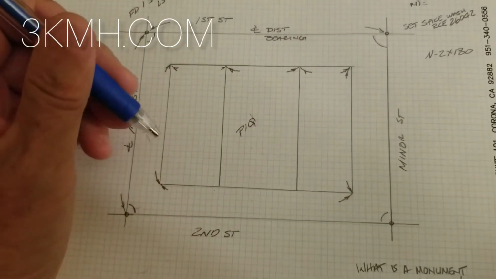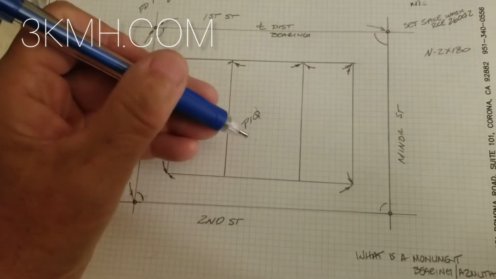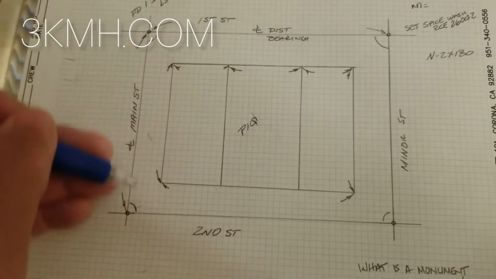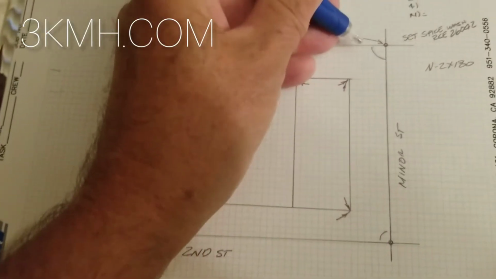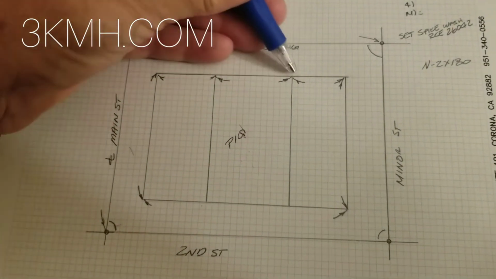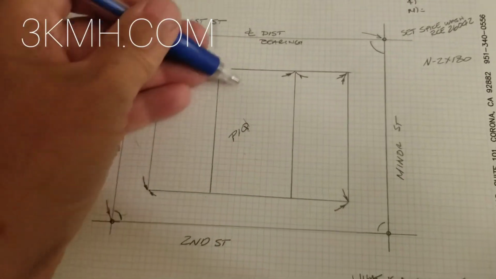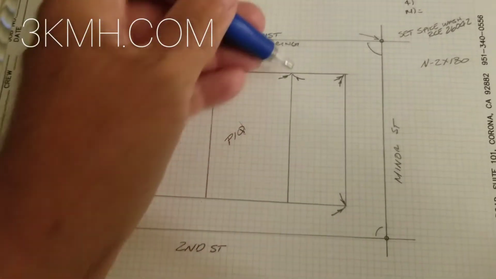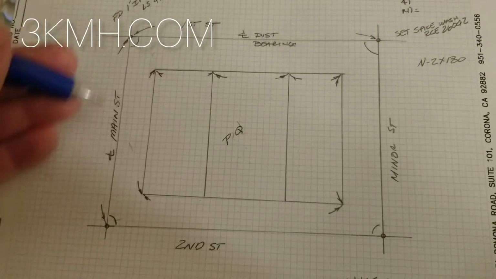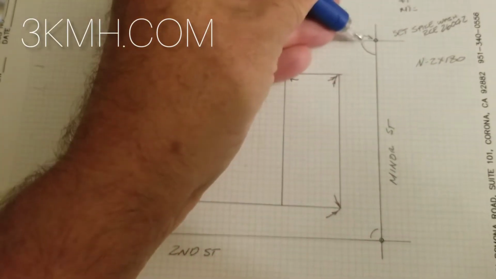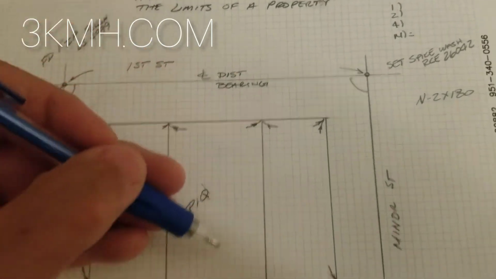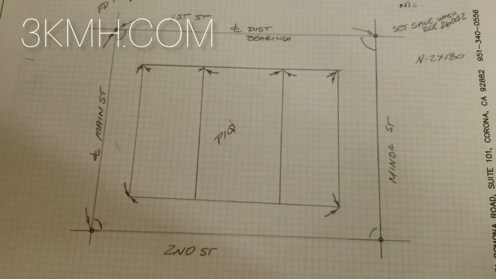And so to define and to prove the dimensions of this property and where it lies, we would use recorded monuments that are surrounding that property to prove its bearing on this line, prove the bearing and distances also on this line, and this line, using recorded monumentation. And as long as they were all found, let's say all four of these monuments were found and all that were needed to define the limits of this property, then what we do now,